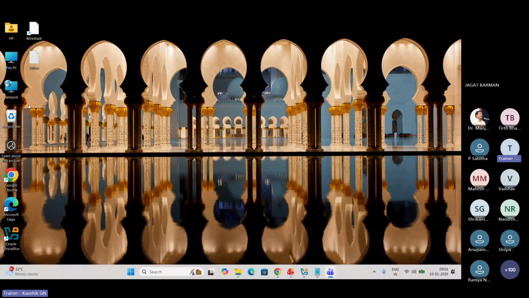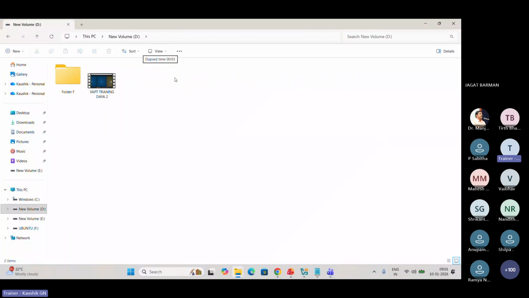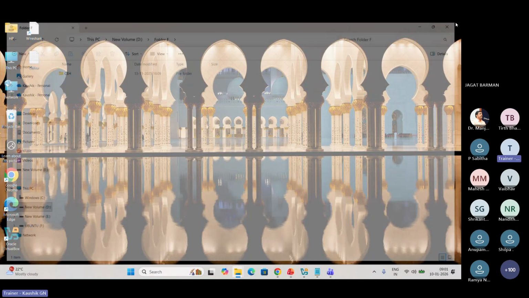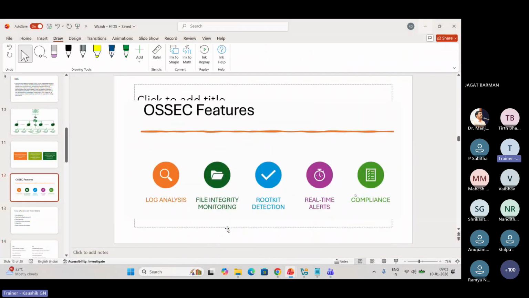So the log means, for example, now I have opened, yes, now I will open my this PC. I will go to D drive. I will go to one folder. So this will be captured. Why is it captured? Because something happened. For example, the next day, someone gets inside my laptop and does some activity. So all of these will be recorded.